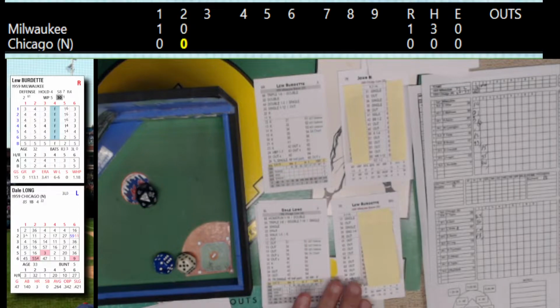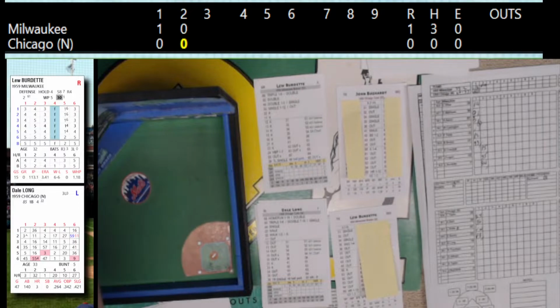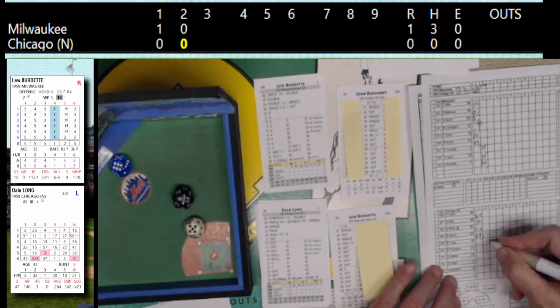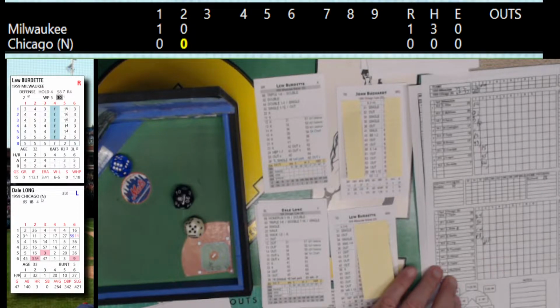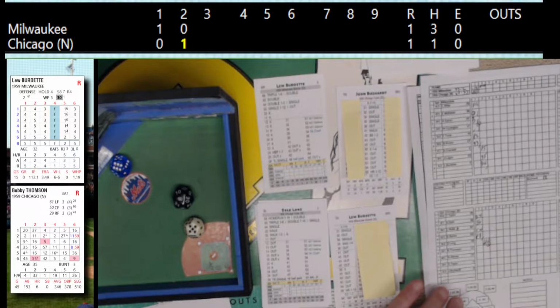Dale Long up. Pitch from Burdette, and that is a 65. It's a pitcher home run, 13. That's a drive to right field, and Aaron back to the track, looks up, and that's gone. Tied up, home run for Long. He did hit 14 home runs in 300 at bats, and that'll be his 4th home run of the season. Solo shot here to lead off the bottom of the second inning. Burdette does give up a lot of home runs.